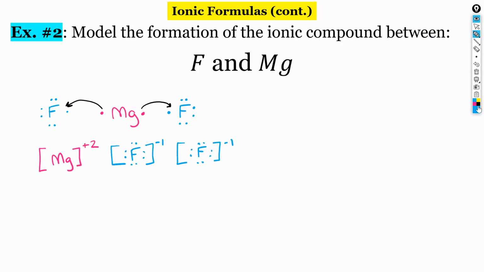Okay, so if you recall, one of the last things that we wrote about formula writing was we add subscripts to indicate the number of each ion needed. So in this case, we have 2 fluorines that we needed. So our formula